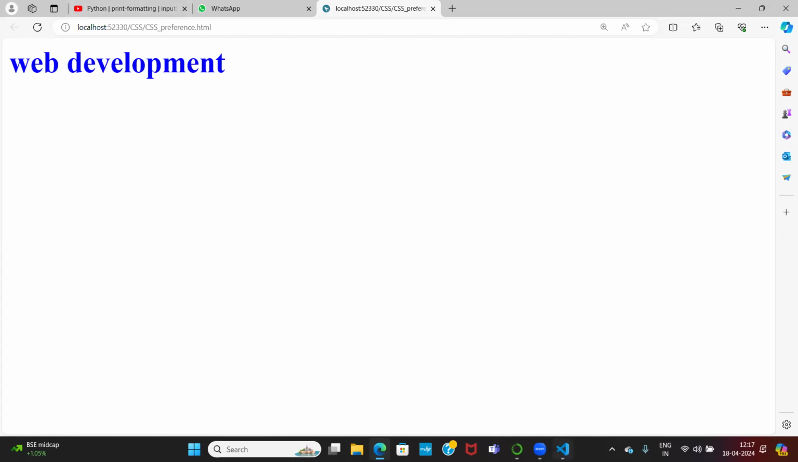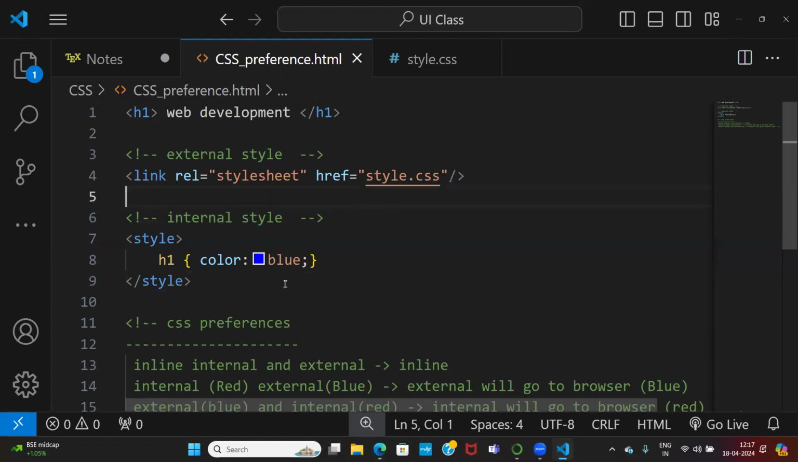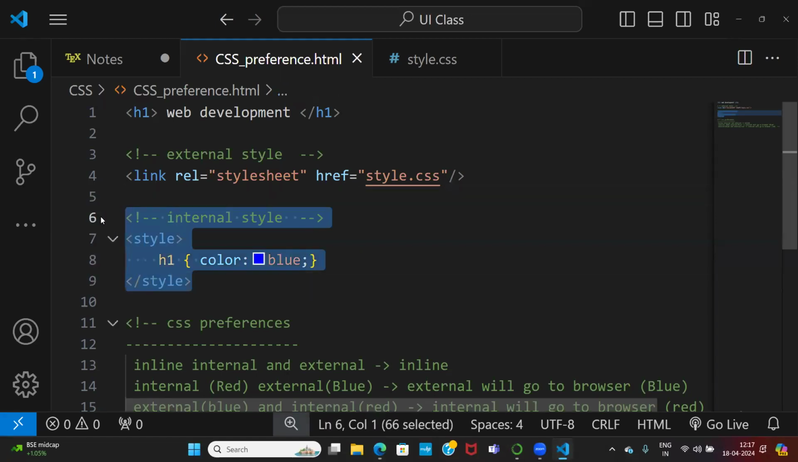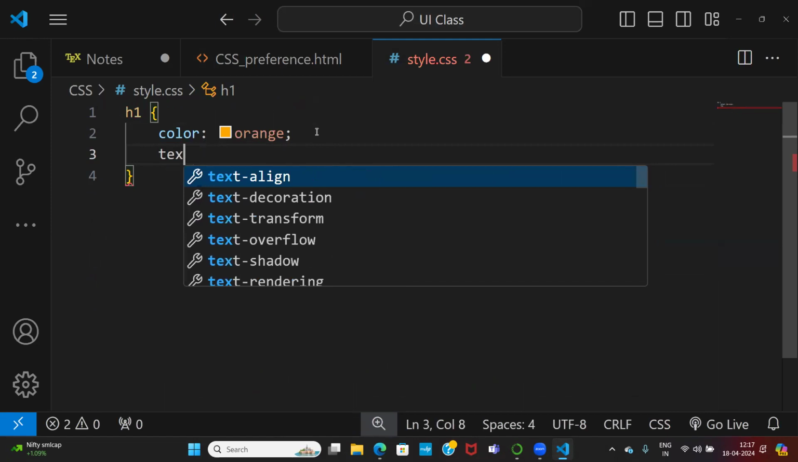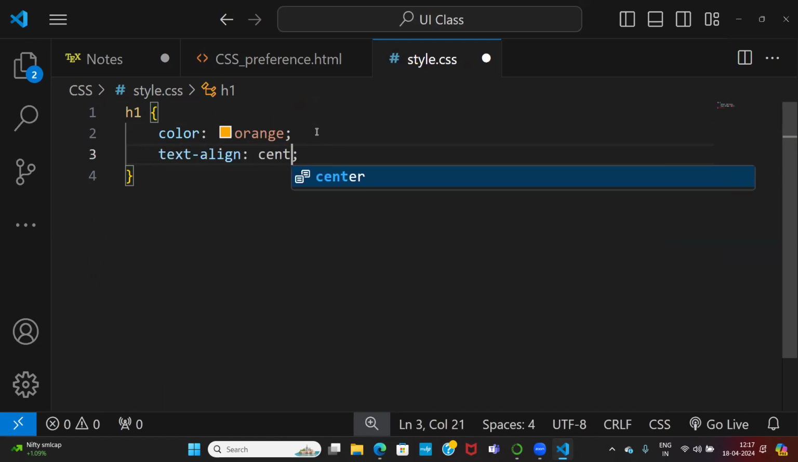Okay, for example, from internal only color is overriding. Inside the external, I have one more property called text align. I have one more property called text align center. It will come or not? Definitely it will come. Why? Because